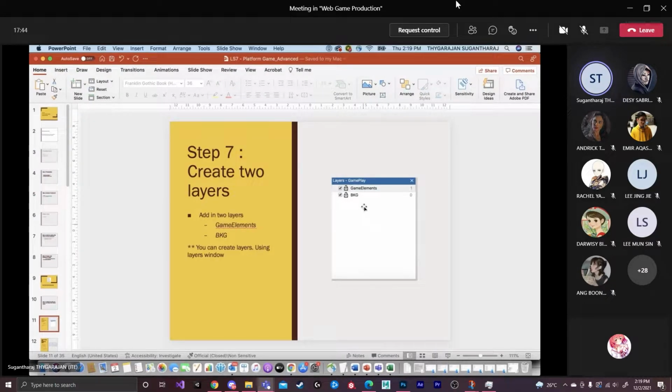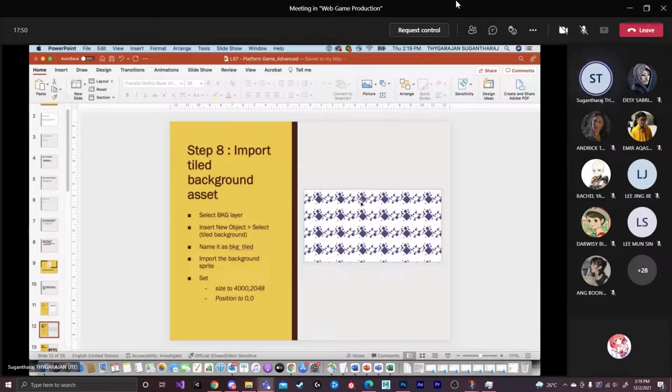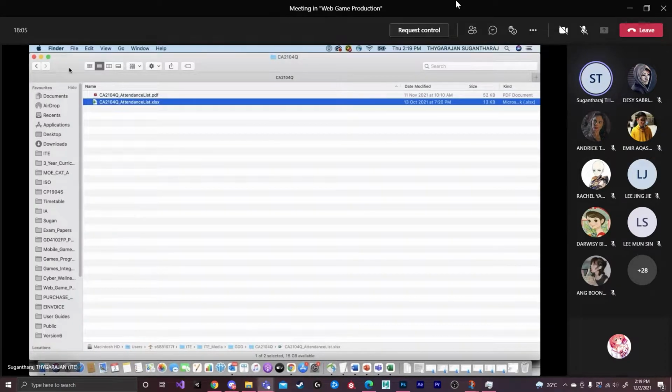So once you created the 2 layers, you need to go to the background layer, insert new object as usual, right click, insert new object, select the tiled background. Let me show you the